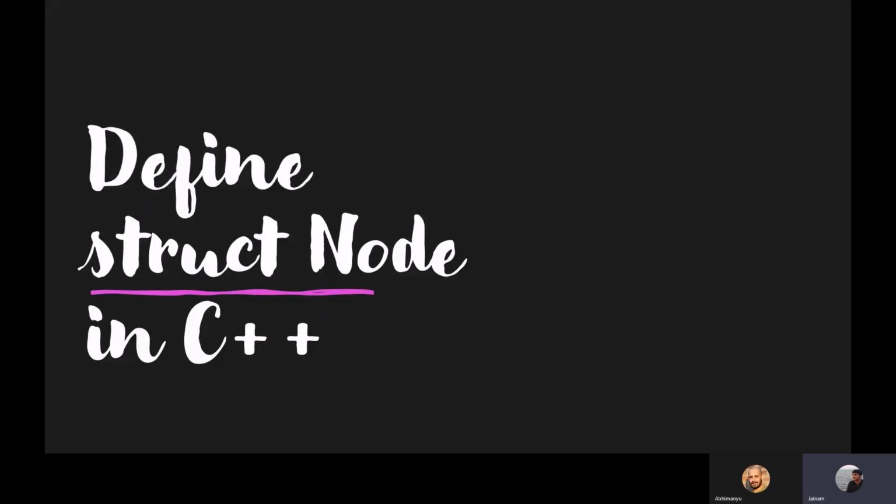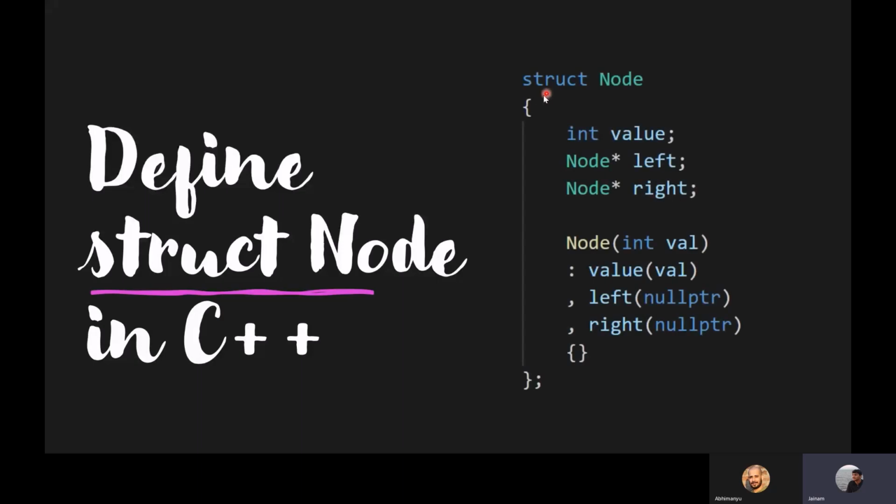So how do we define the tree node structure in C++? We have a struct node, then we have a field value which holds the value or data. Here we are using integer to store the values. Then we have pointers or addresses of the left and the right child of the tree. Then this is the constructor of the node. This is called when creating a new node. Here we are passing value as an argument and it will initialize the node with this value and it will initialize the left and right child as null.